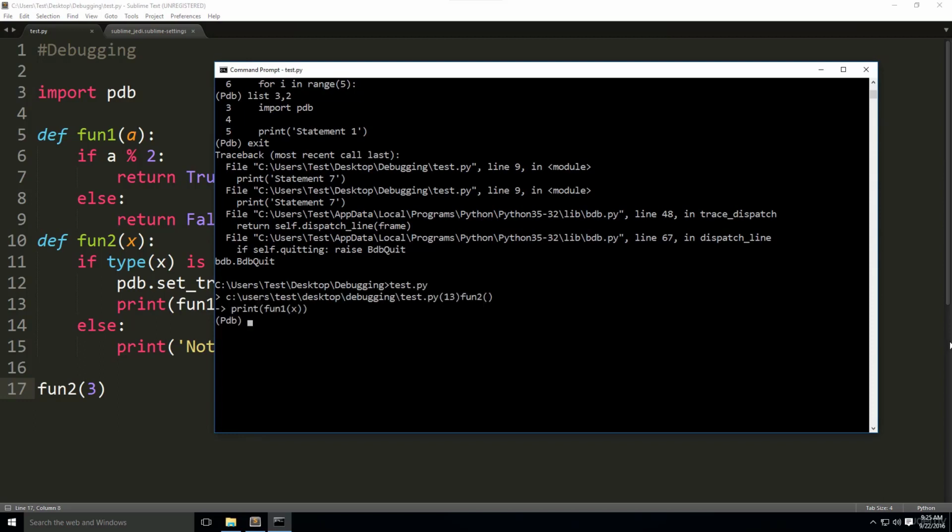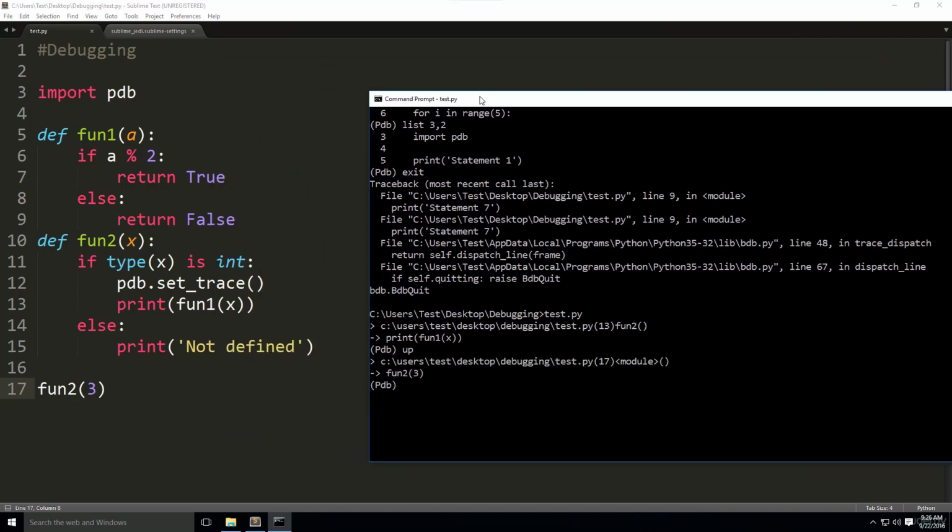test.py. Okay, now we open the debugger. So now let's see. Now it's at this line, print fun1. So the debugger started at that line. So now let's do up. And as you can see, it moved up. It went down to